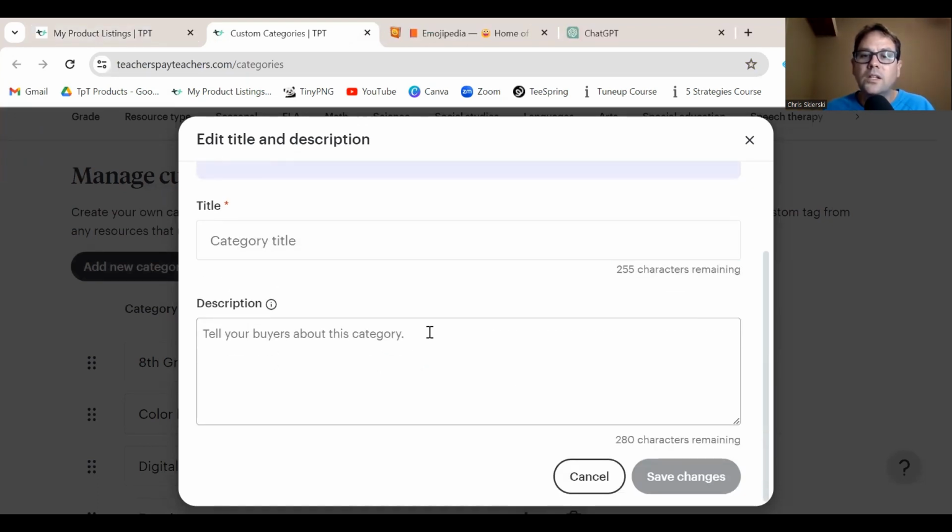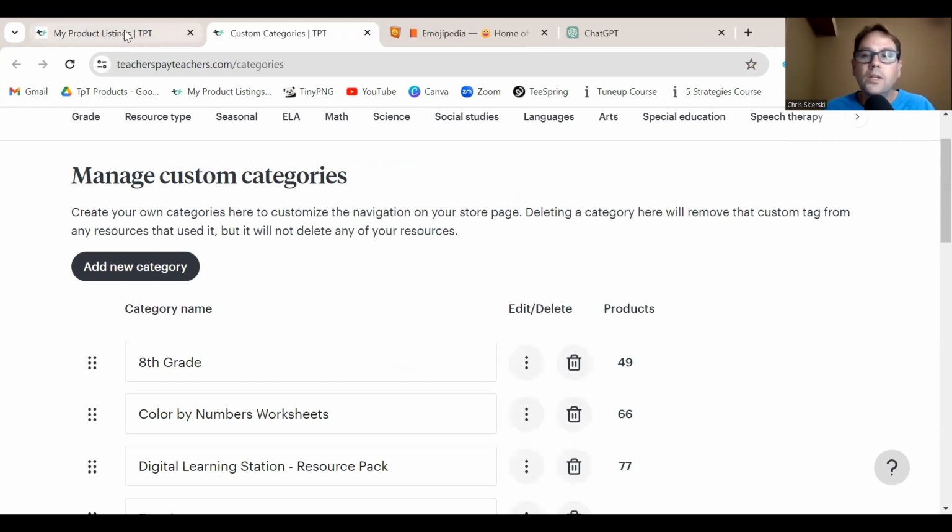And what's really cool is that it gives you now the opportunity to write a description about this custom category, which I think you should do. Now, one thing I do want to show you is